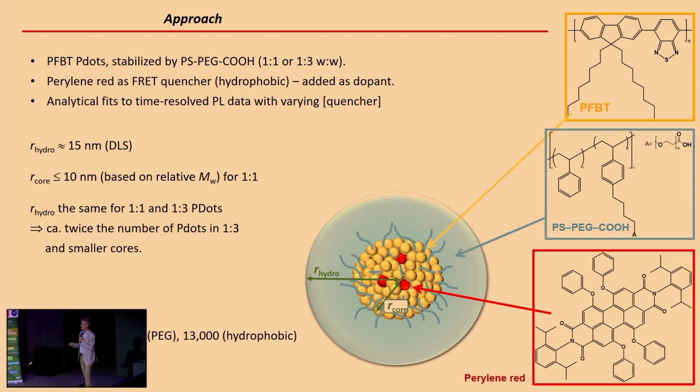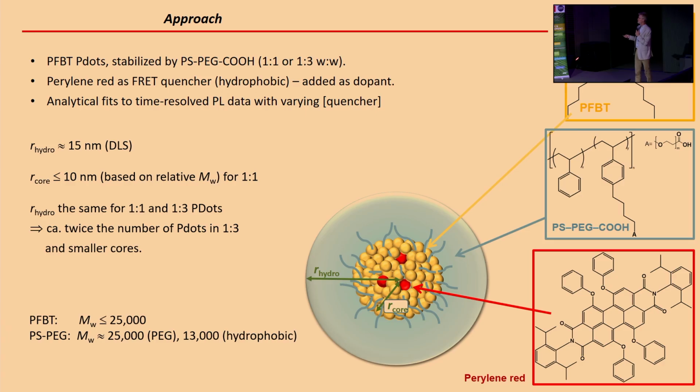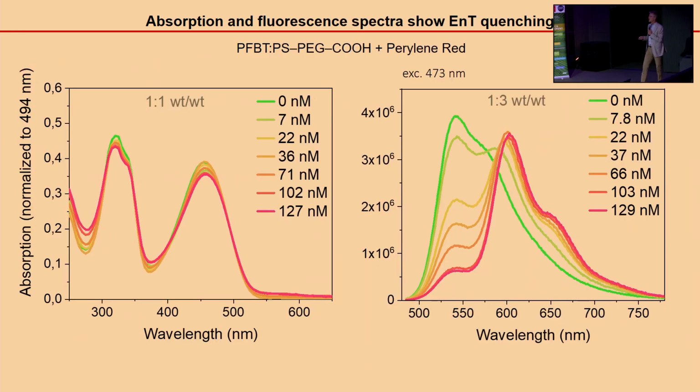So the hydrodynamic radius is 50 nanometers from DLS. The core, the hydrophobic core, is less than 10 nanometers based on the relative masses that we know. For a 1-to-1 ratio of these two it is about 8.5, I think. And when we have 3 times this and 1 times that, the core is a little bit smaller than 8.5. Okay. In the absorption spectrum, you see PFBT, and when you add small amounts of the quencher, you have